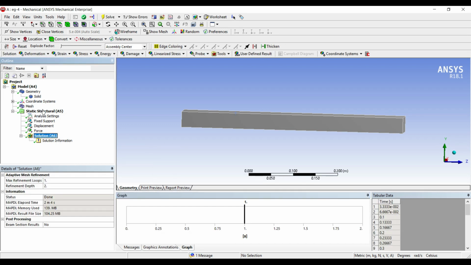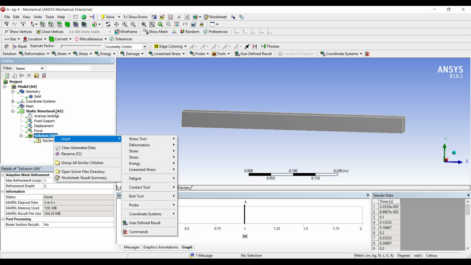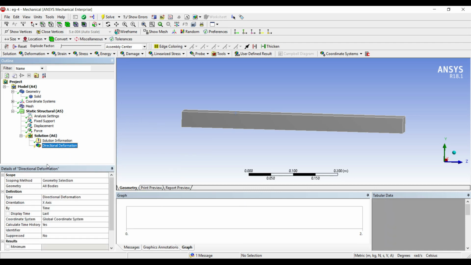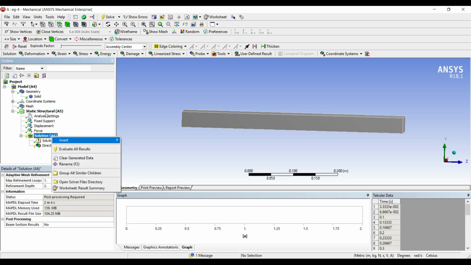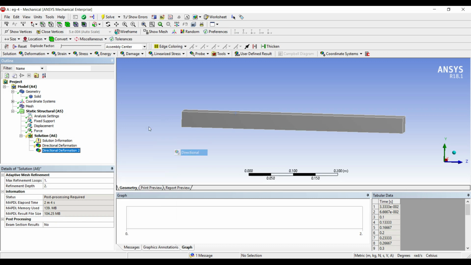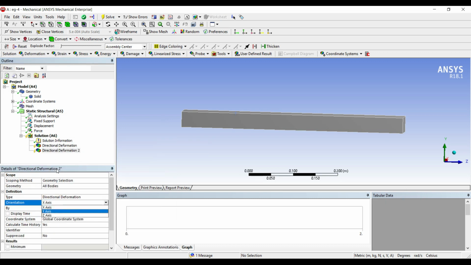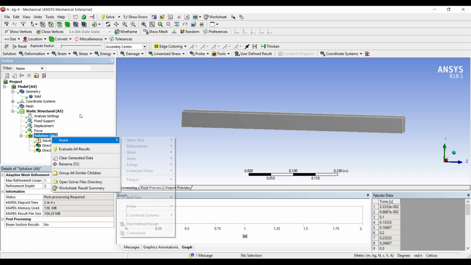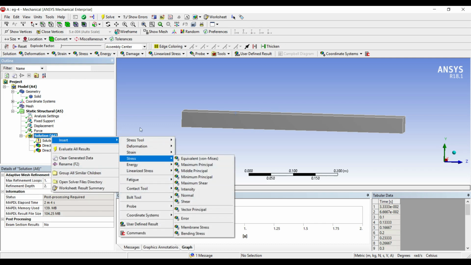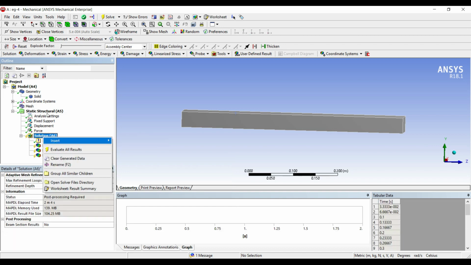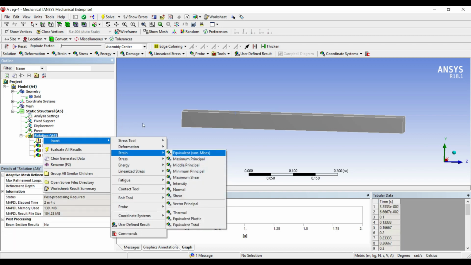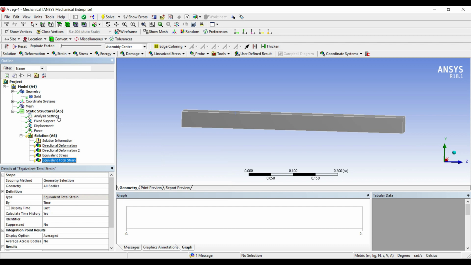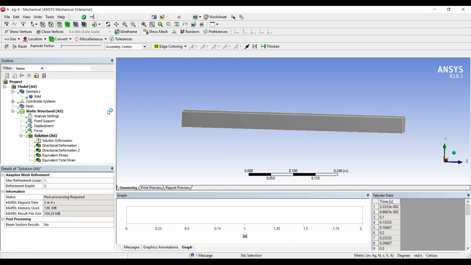I'll go to solution, right click, insert, deformation, directional. I want the deformation along the Z axis. Right click, insert, deformation. I want it along the Y axis as well. Right click, insert, stress equivalent. Right click, insert, strain total equivalent, and I'll solve.